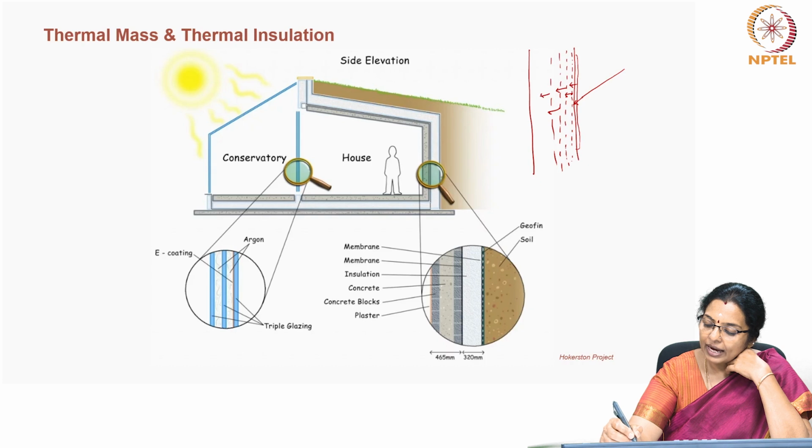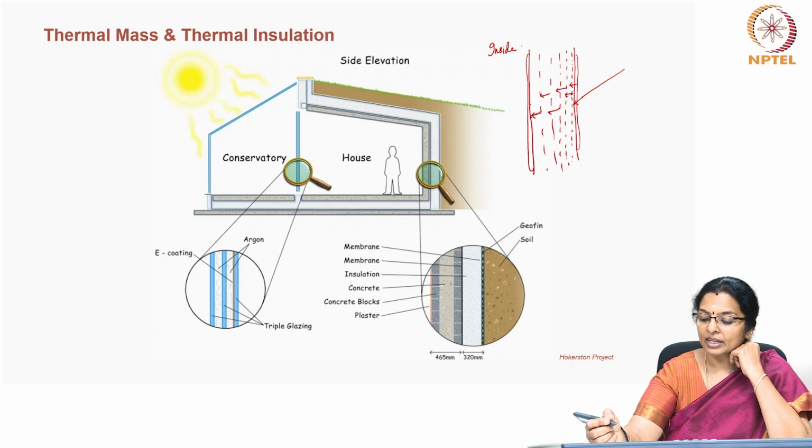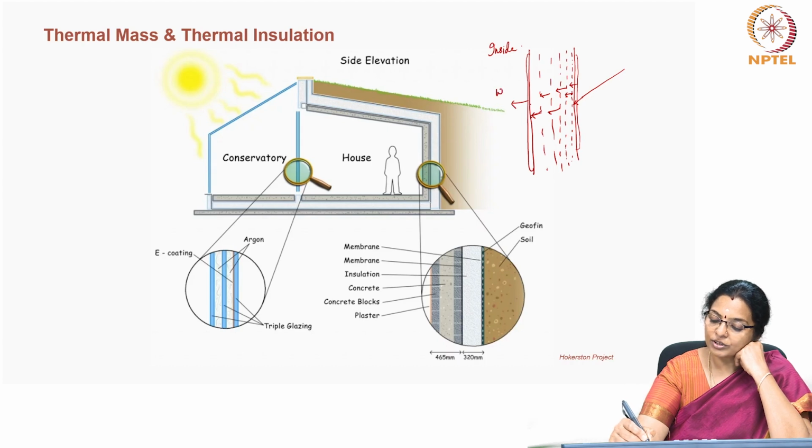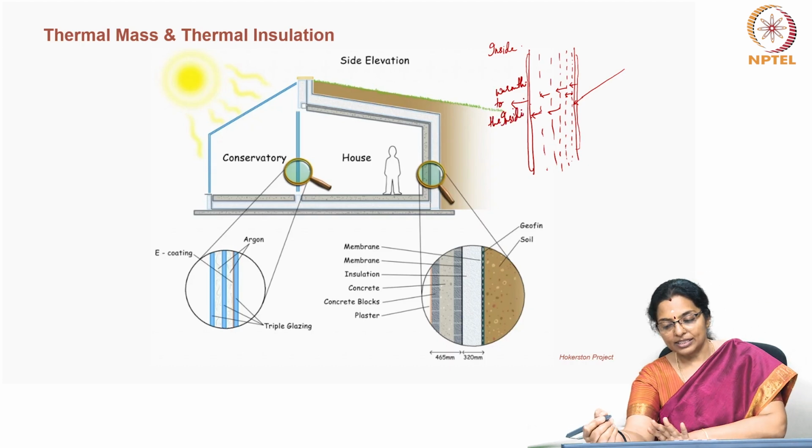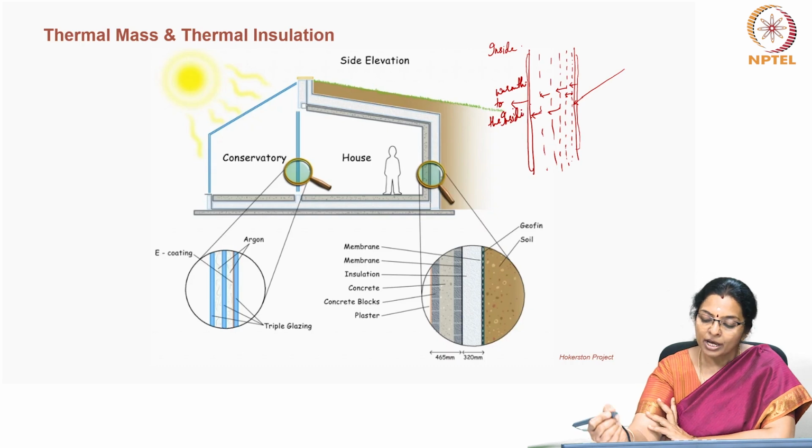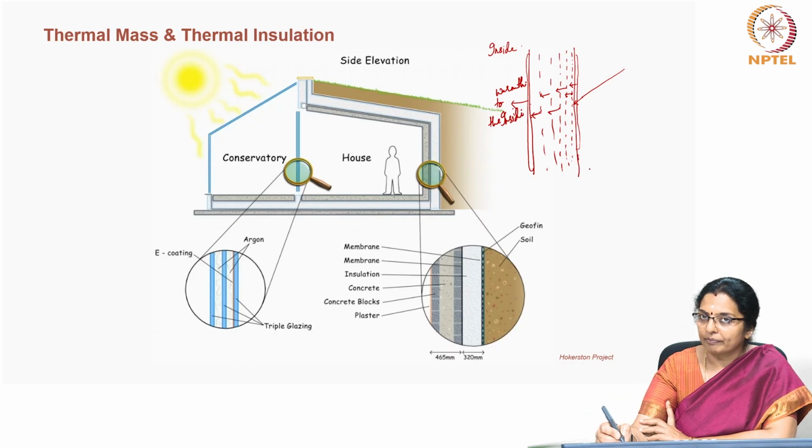Now, like this, the heat gets transferred until the first layer of the inside gets warm and the thin film of air adjacent to this wall gets heated up. And this layer gives warmth to the inside. Now, thermal mass and thermal insulation becomes very important because you can govern the time by which this